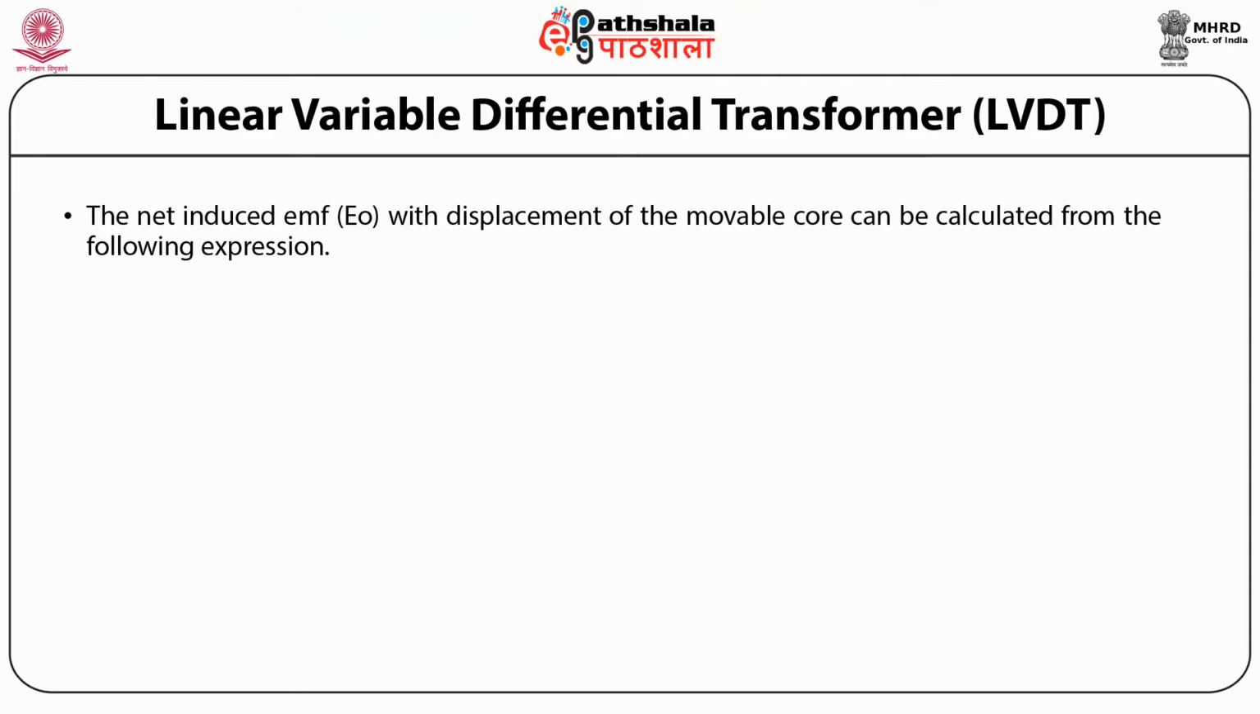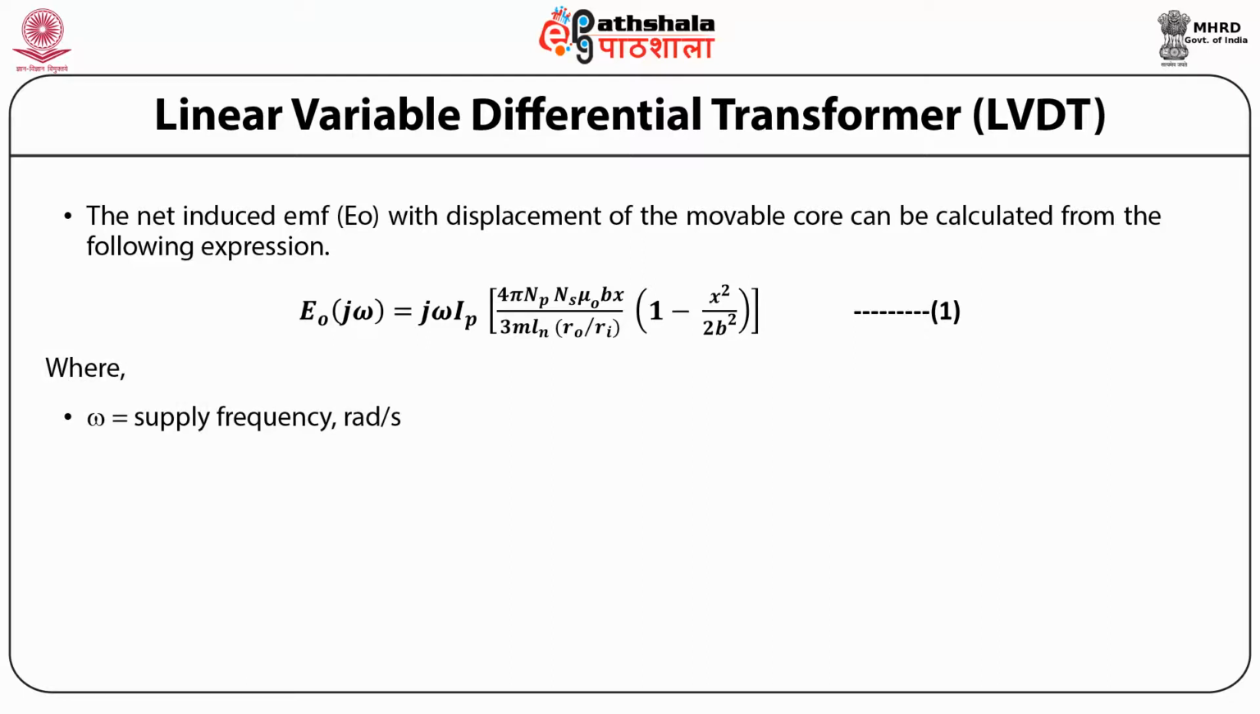The net induced EMF, that is E0, with the displacement of the movable core can be calculated from the following expression. E0(jω) = jω IP (4π NP NS μ0 b x) / (3 m ln(r0/ri)), multiplied by (1 − x²r² / 2b²). This is equation 1, where ω is the supply frequency in radians per second, IP is the primary current,